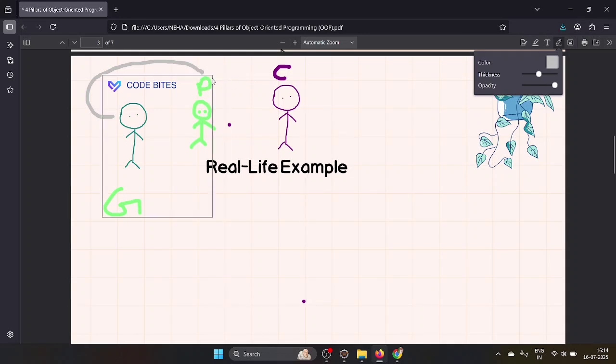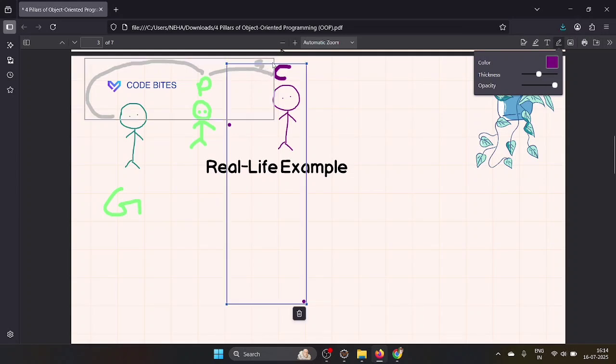Then the height of the parent is different. Let's take one more thing: the grandparent has a height of 5.5, and the child also has a height of 5.5. What we can say is that height is getting inherited from grandparent to parent, parent to child.